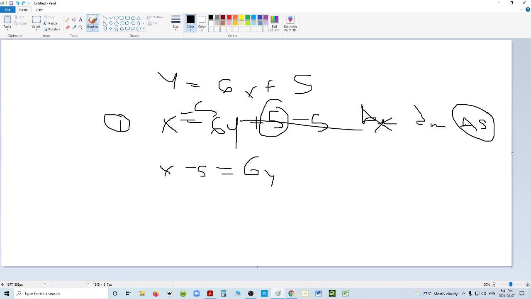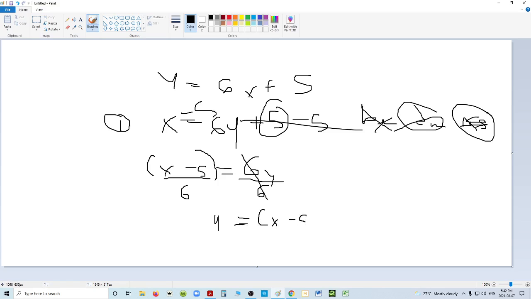So the next step, there's no more addition, subtraction. There's just multiplication. So we got to divide this 6 away. And one thing you want to get used to is this is now a term that's tied together. So you can't just divide the x by 6. You could divide them both by 6 like that, and that's fair. Or you can put them all over the 6 like that. And of course this cancels out, and you're left with y is equal to x minus 5 over 6,